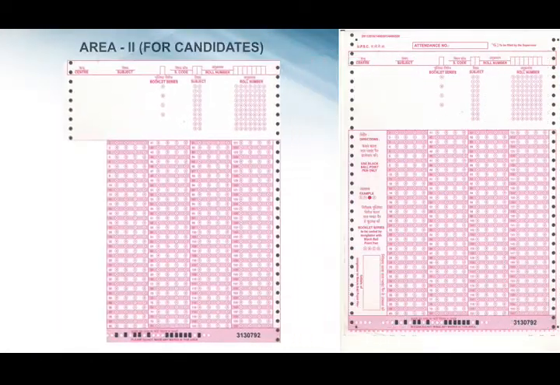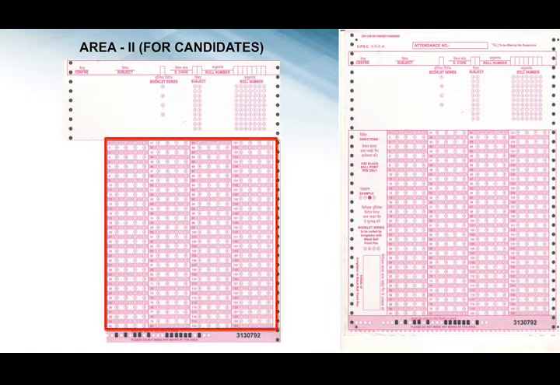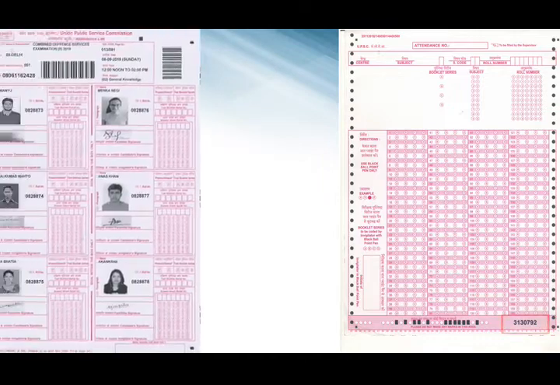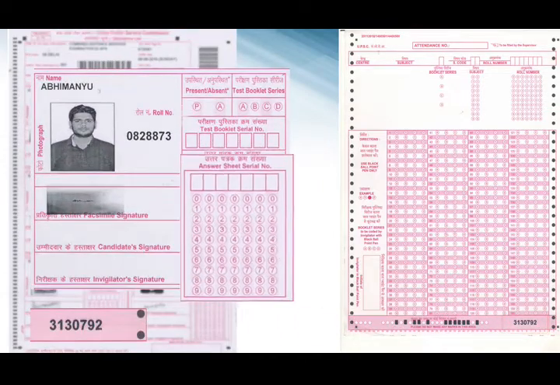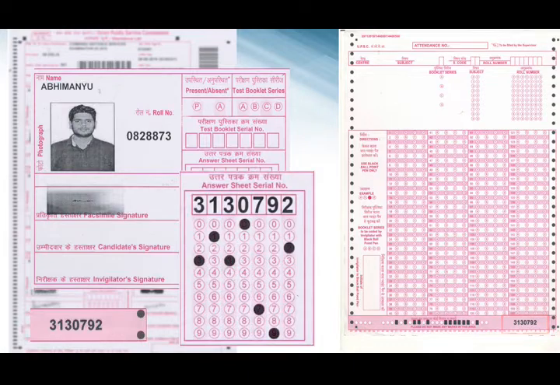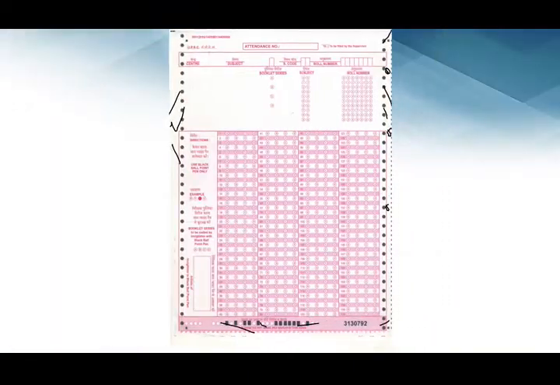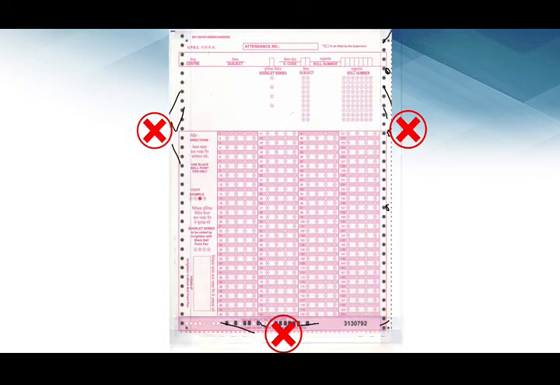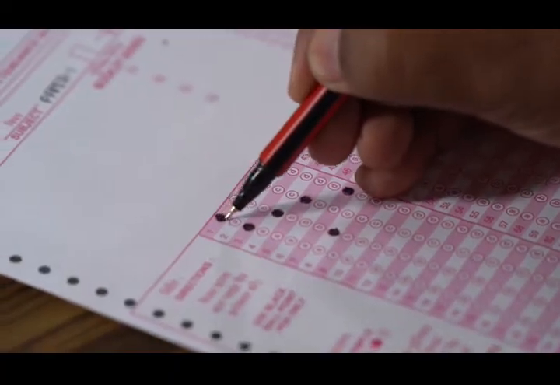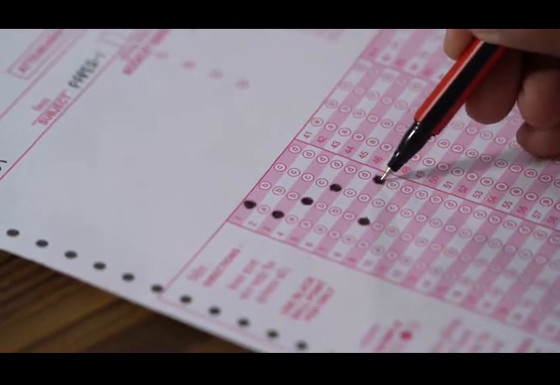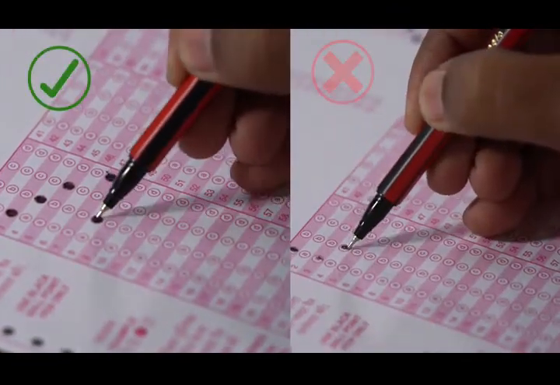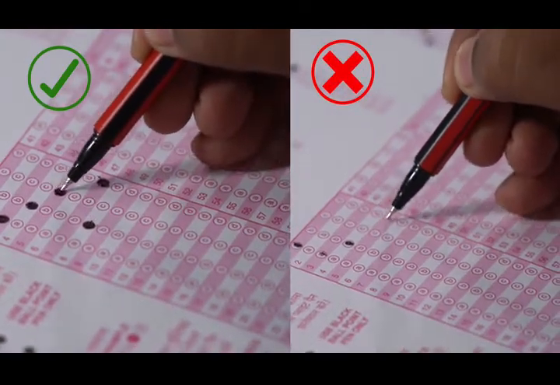Candidates need to fill 6 columns, which are name of the center, subject, booklet series, subject code, roll number, and area for marking responses. In addition, the candidates will fill the OMR sheet serial number in the scannable attendance list. Do not put any mark or write anything upon the encoding part of the OMR sheet. The candidates will mark responses, himself or herself, in the OMR answer sheet by blackening completely the correct circle.